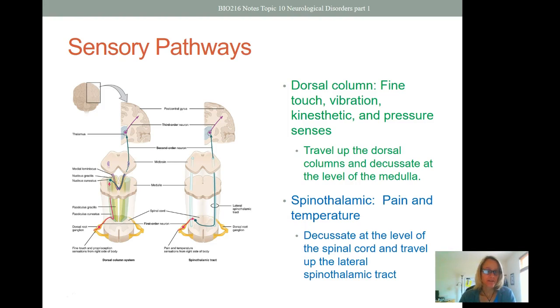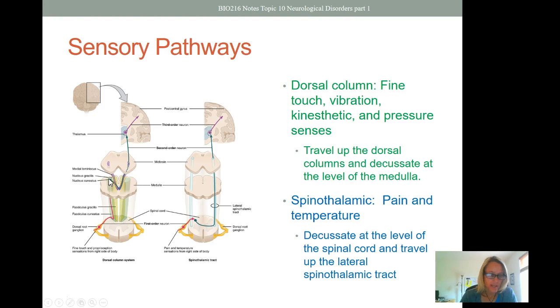Sensory pathways provide afferent information from the body to the central nervous system. We actually have, rather than 2 neurons in a chain, 3 here. And we have 2 main pathways. The dorsal column is involved in the sensations of fine touch, vibration, kinesthesia, and pressure senses. These come in to the spinal cord, and then they travel up the dorsal columns ipsilaterally,